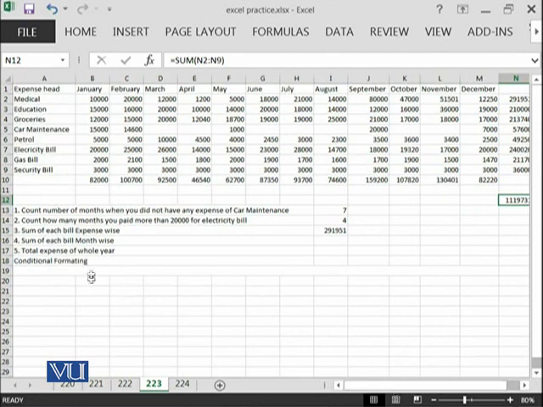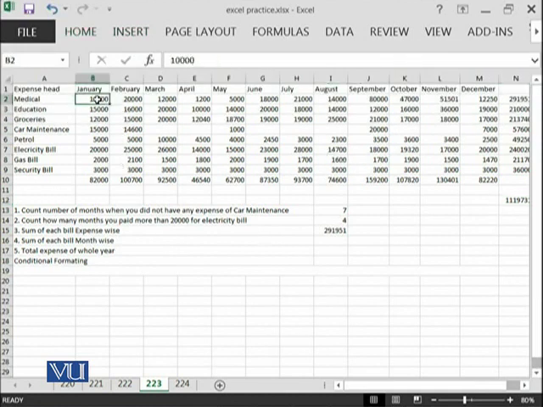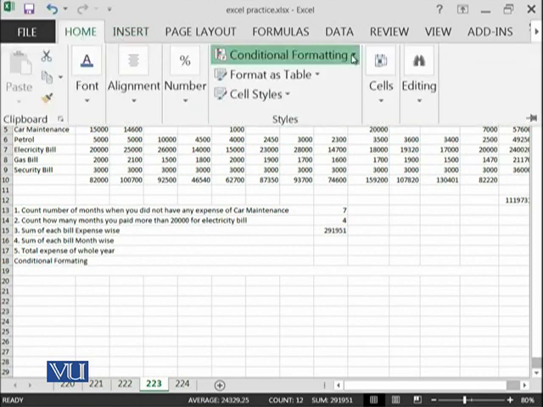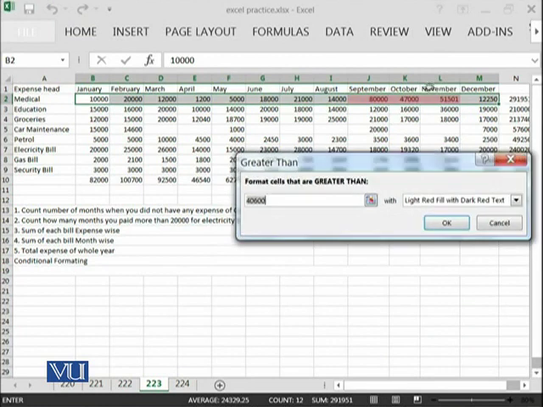And then we also want to perform some conditional formatting over here as well. So first of all select, for example, this thing, and then go into Home and go into Conditional Formatting. We want to highlight some of the cells which have a greater value.